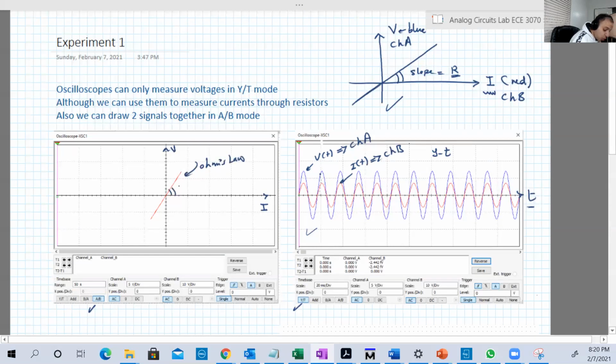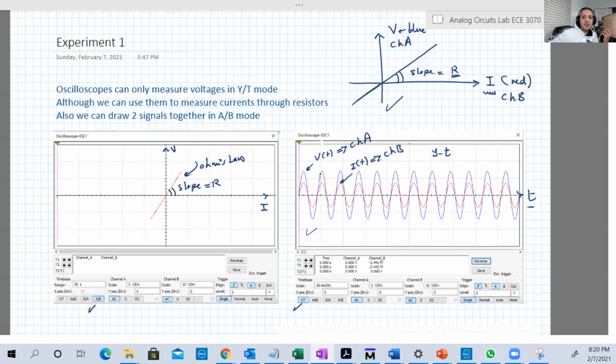And the slope here is the resistor R. Good. Now we have two questions, or two problems we can say. The first one is that